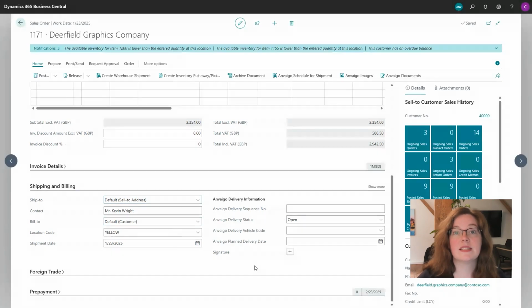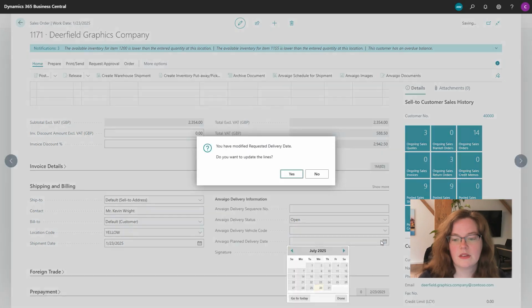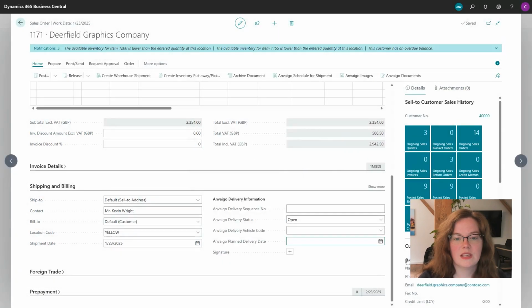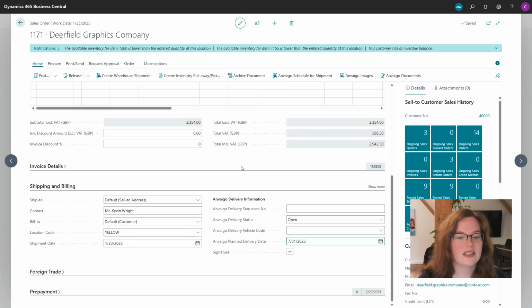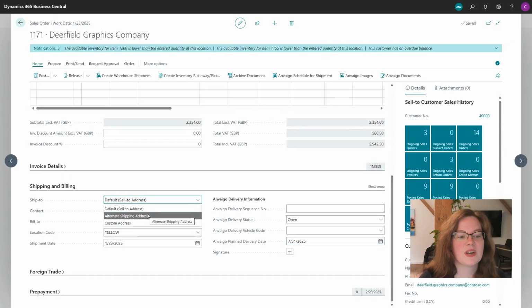So we've taken the basic sales order interface in Business Central and expanded it with some additional fields. So you can see here, for example. So I'm going to also add, oh yes, please update that. My planned delivery date of tomorrow. That looks pretty good. So from here, I can also add all of my shipping information. I'm just going to work with the standard default address that I have today, but I could also work with an alternate or custom delivery address if I need that. And that looks pretty good.